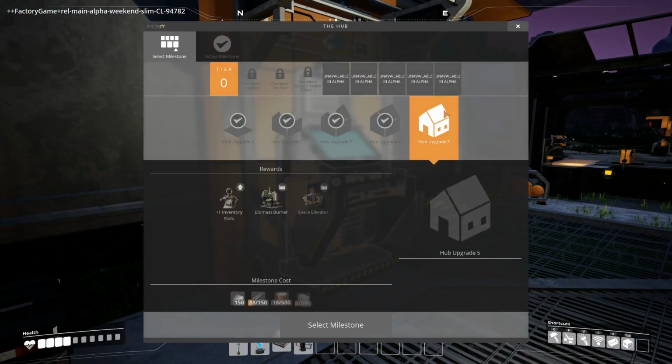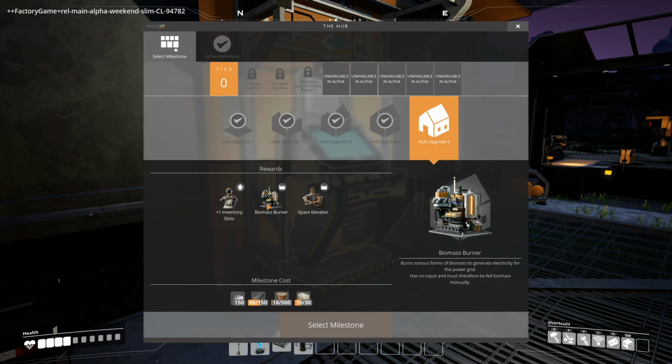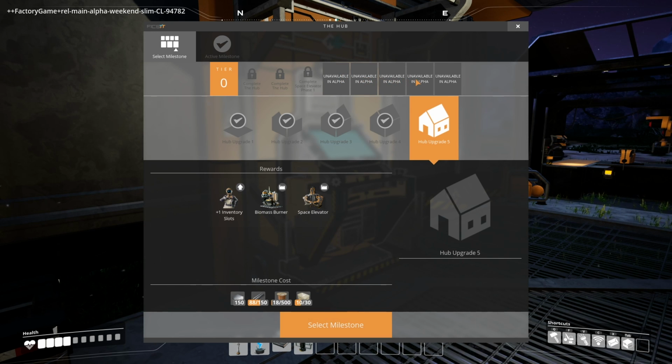There's also a tier hub upgrade 5, which gives us something called a space elevator, a secondary biomass burner that we can plant for just such an operation that we just talked about, and more inventory slots. Everything after that is going to be unavailable in alpha, but we're going to be in early access really soon,